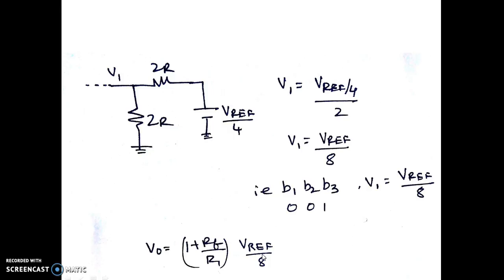So this is what is required for a DAC operation. Depending on whichever bit is on, we are going to get an output voltage which is a weighted version of V reference, that is V reference by 2, V reference by 4 or V reference by 8, and it just goes on. So this way we can